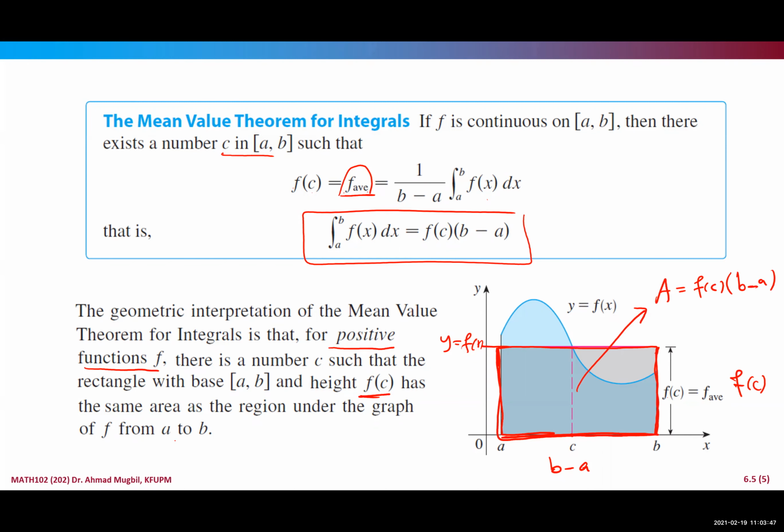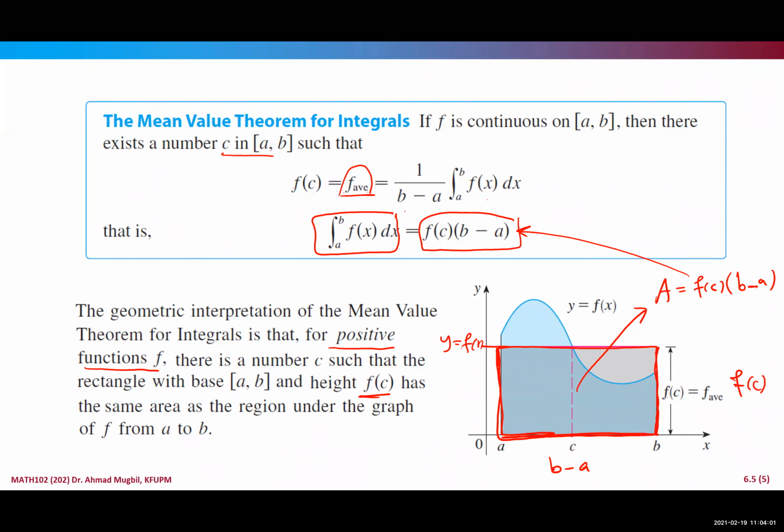And this is exactly equal to what? Look here. What is this equal to? It is equal to the integral of the function from a to b. So let's repeat that. Here we say that geometrically